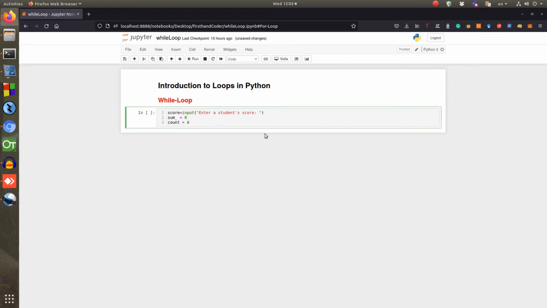So the problem is the score is float, so we have to change this to float. Okay. Now we can enter our while loop, so we can say